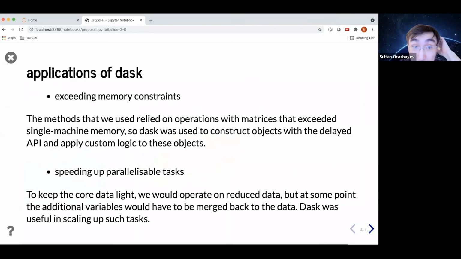Now, specifically talking about Dask, the first use was to go beyond the single machine, and these operations with matrices required basically large memory computations. So here we use Dask to construct objects with the delayed API and then apply custom logic to these